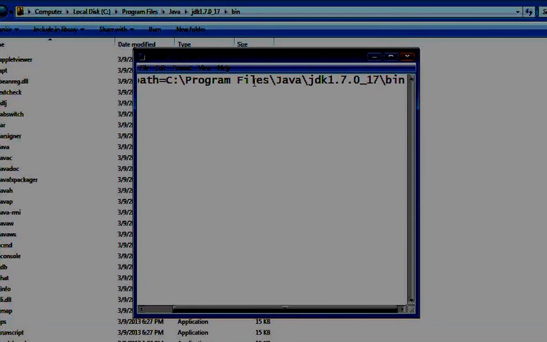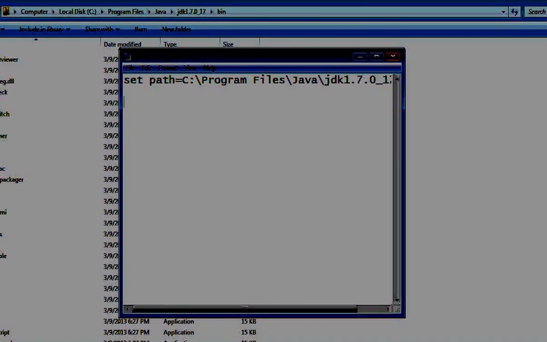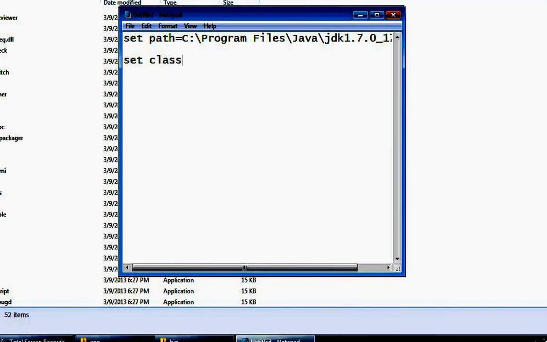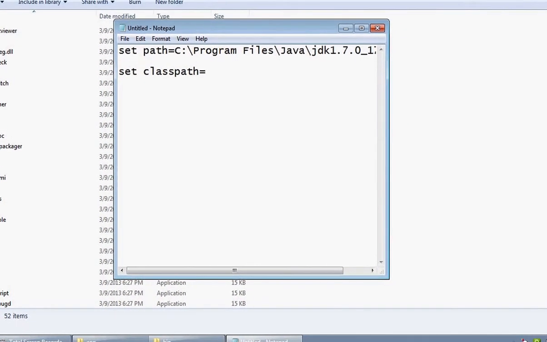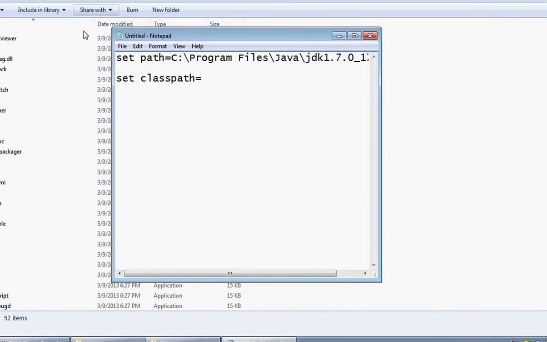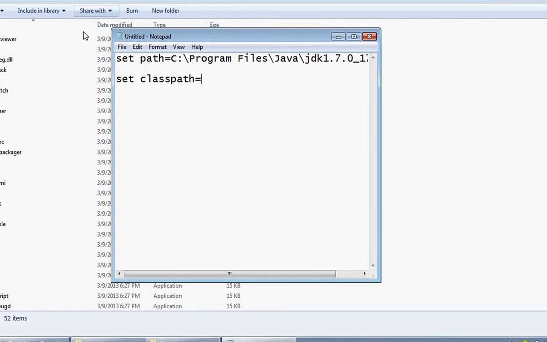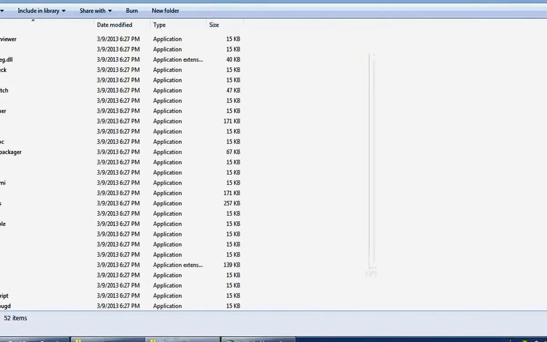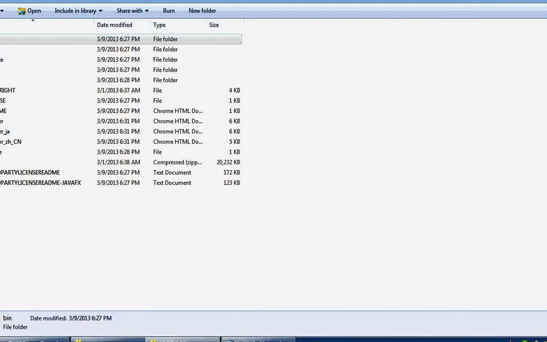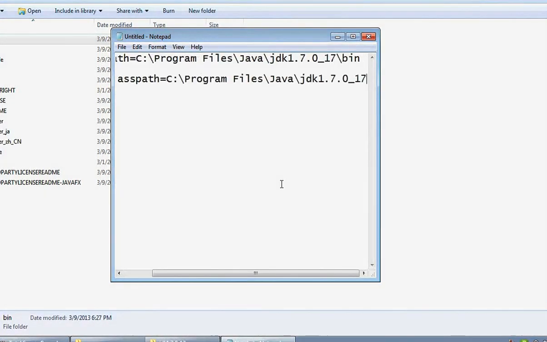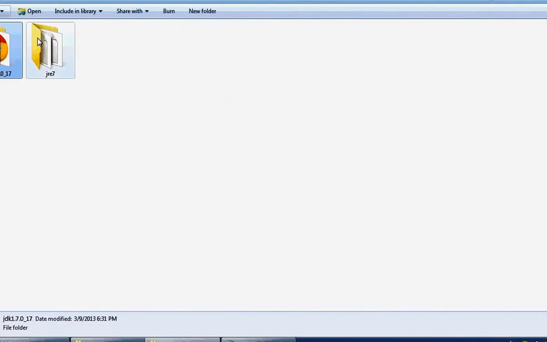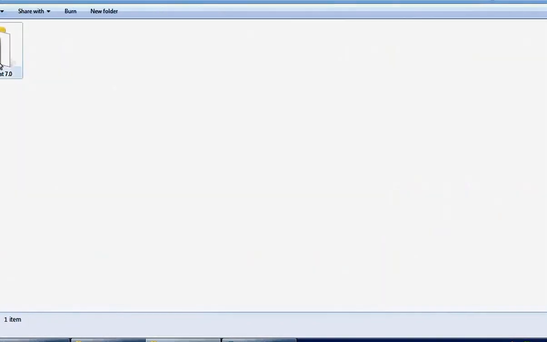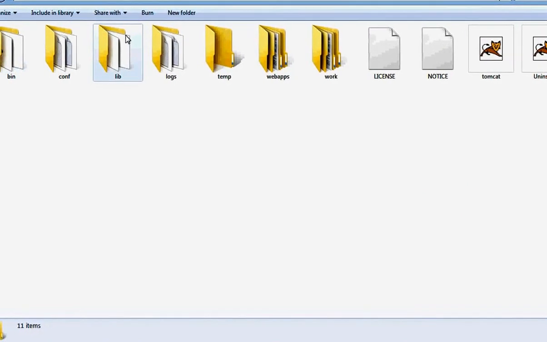Right, this is the first environment variable. Now the second environment variable is classpath. There should not be any gap between class and path. Here we have to copy the JDK's path, not the JDK bin path but the JDK path. So we go back, copy this path and paste it in front of the classpath. Now give a semicolon and we have to use another path which is of Tomcat. So get into Apache Software Foundation, Tomcat, and in it lib.